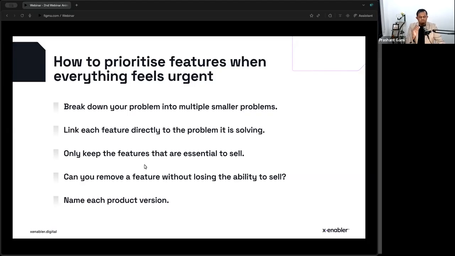And then only keep the features that are essential to sell. That means if I need a chatbot, what is the blocker? You can say that integration with their existing system is a blocker. But if I look at it, I'm like, no, I can manually take the data and upload it in my database. Yes, it will require some manual work, but for 100 patients to start with, I can do it manually. I can bear that cost, I can learn my lesson and then automate when I go to the 10th facility rather than the first facility. So I'm not going to bring that. It's not my blocker to sell.